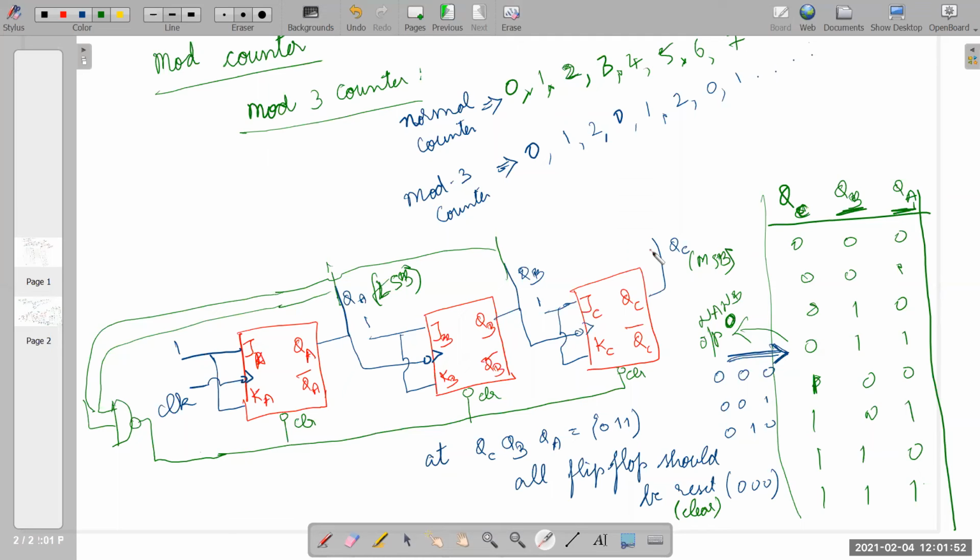Okay, this is the way we have to design a mod counter. Now, to design a mod counter, it is an intuition. This is one method. There are so many other ways also to design. You have to use your common sense. You have to understand the important condition under what value you should expect clear to be enabled. Select that value, use a suitable gate, connect it to clear, and ensure that it does not affect the previous values. For all these three states, no problem. Once it touches 0, 1, 1, everything is cleared.